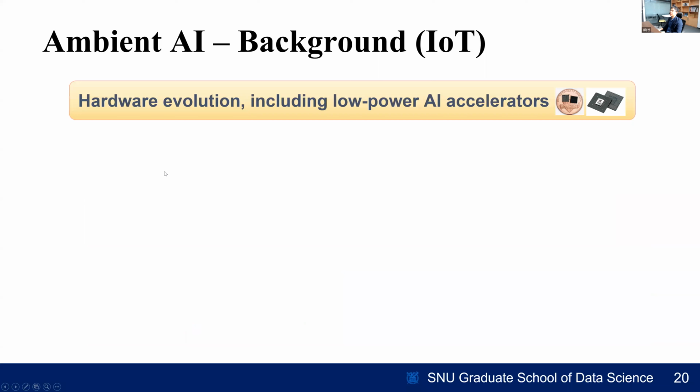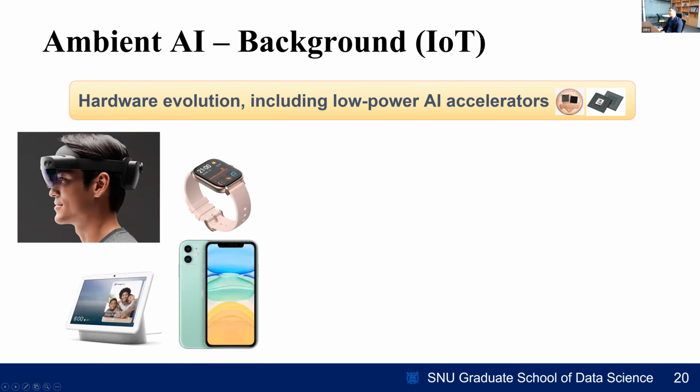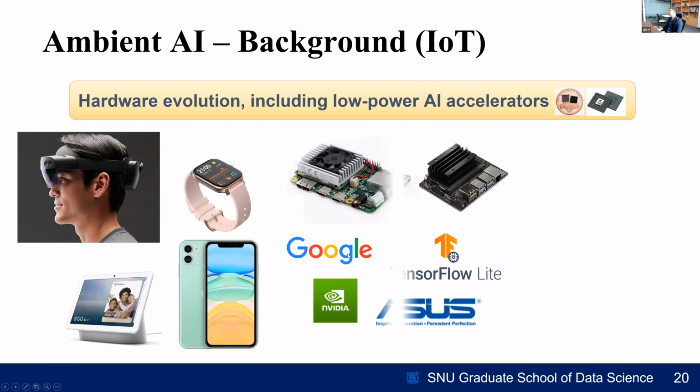And for the last 2 decades, small edge and IoT hardware have evolved much further, including now low power AI accelerators. Yeah. Now we see the term AI here. And this chip is very small. It's smaller than a cent, right? And you can see HoloLens here, smartwatch, smartphone, and also Google Coral devices, which have their own edge TPU, and NVIDIA Jetson series that has its own mobile GPU.